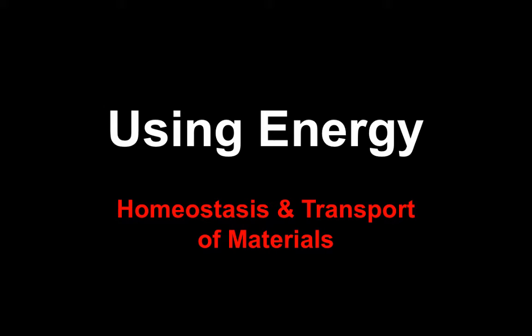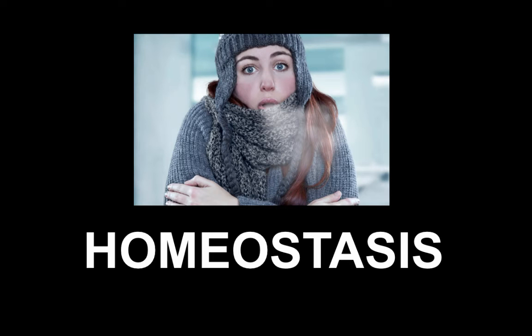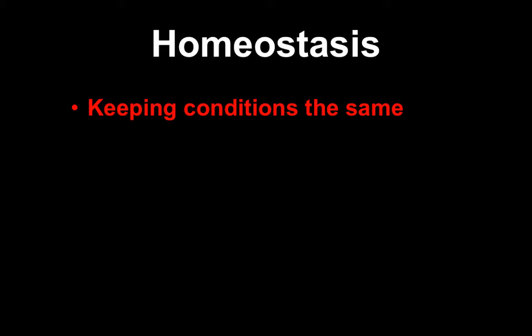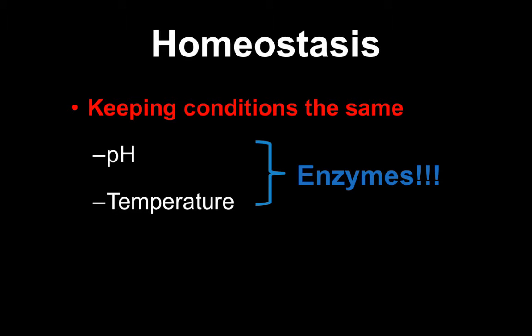In this video, we're going to look at using energy and homeostasis and transport of materials. So let's look at homeostasis first. And remember, homeostasis means keeping conditions the same. And there's a few things that we've got to keep the same. We've got pH and temperature, and those really need to be constant because of enzymes. Remember, pH and temperature can affect the rate of enzymes, and if they're too extreme, can denature enzymes, and that's